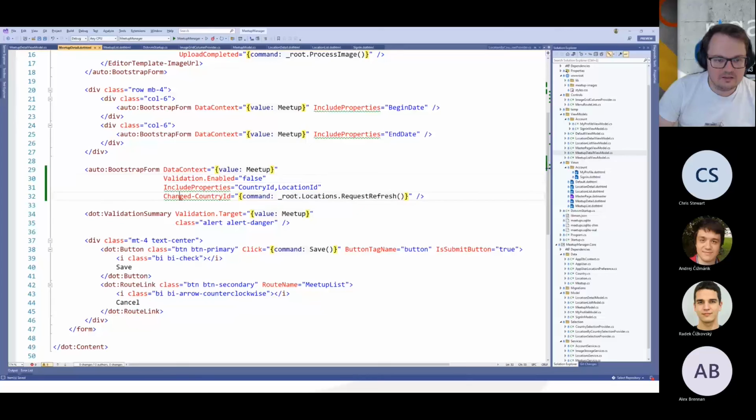Here, this is important because whenever I change the country ID, then I need to tell the locations, oh, please, I need to refresh the selection. Otherwise, the locations would have no reason to refresh the selection. We are trying to be efficient, so it will load only on the first postback or when it's explicitly asked. Yeah. So that's why I'm saying whenever the country ID changes,